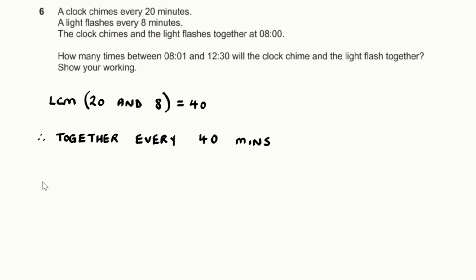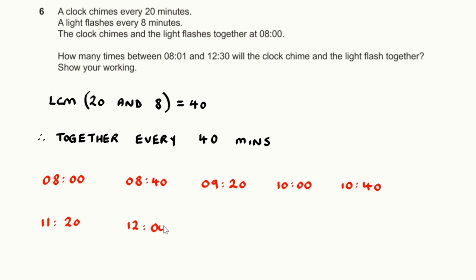So if we start off at 8 o'clock, 40 minutes after this we have 8:40, then we have another 40 minutes, so that takes us to 9:20. 40 minutes after this we've got 10 o'clock, another 40 minutes we've got 10:40, another 40 minutes we've got 11:20, and another 40 minutes we've got 12 o'clock,